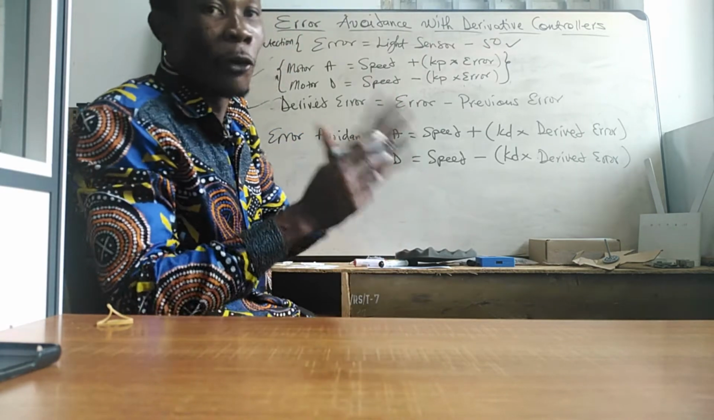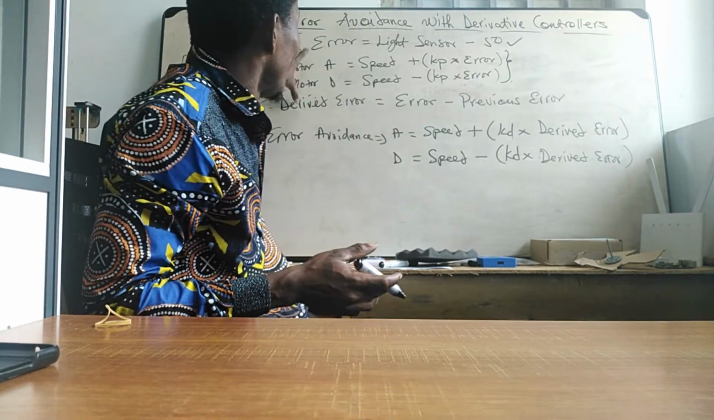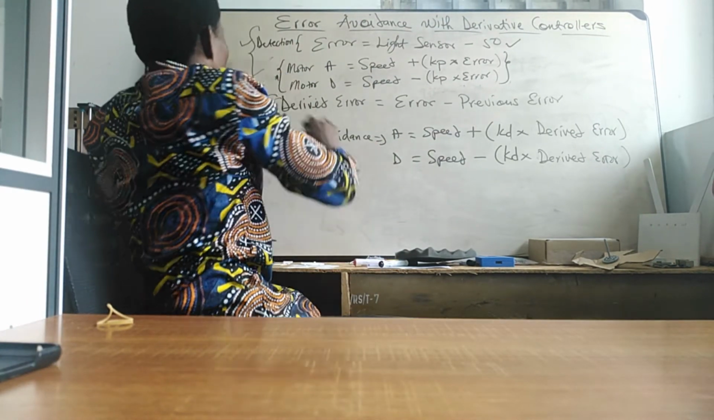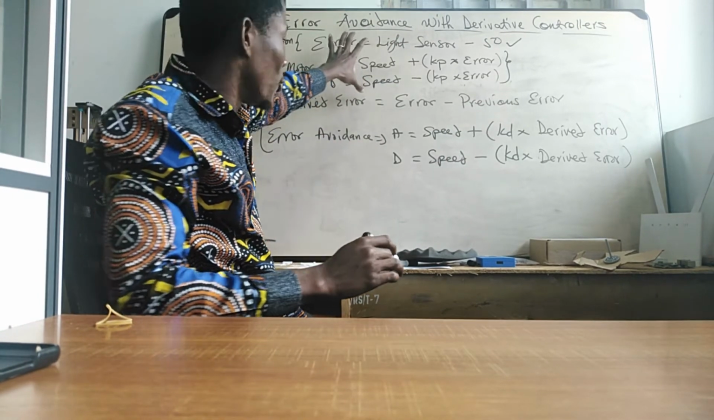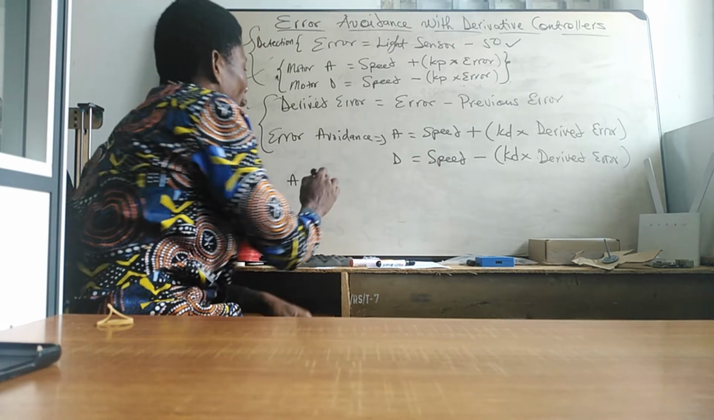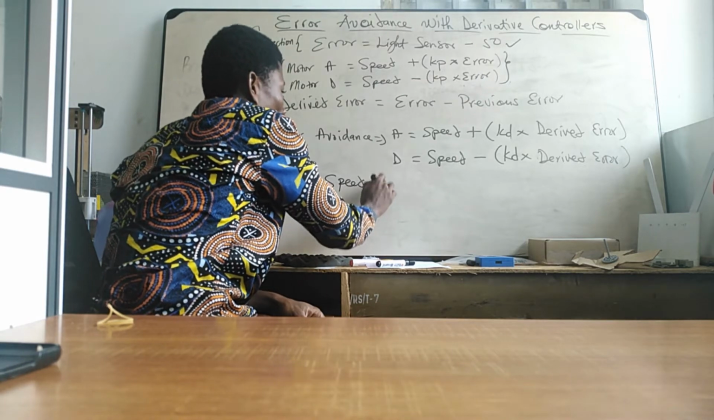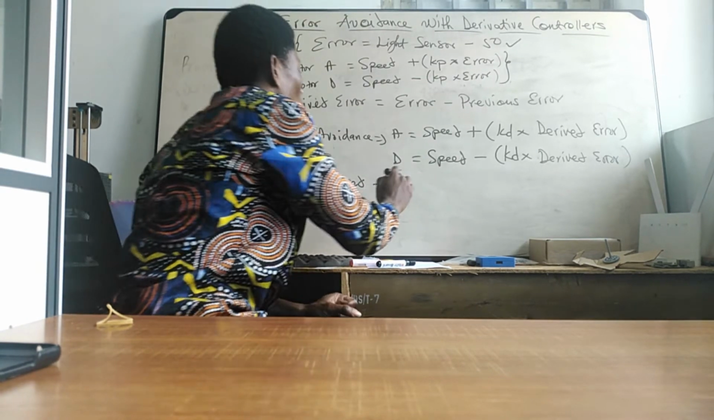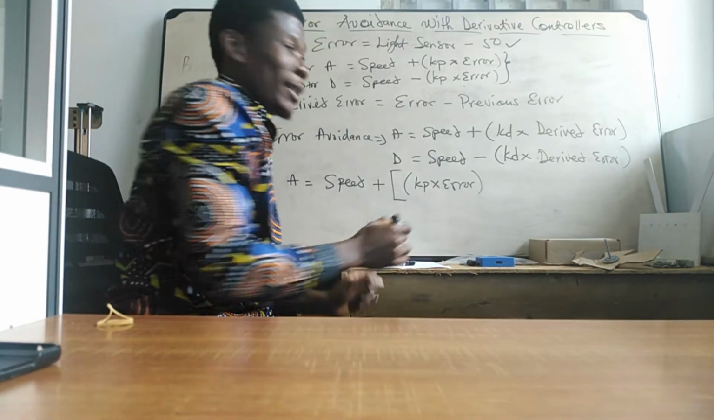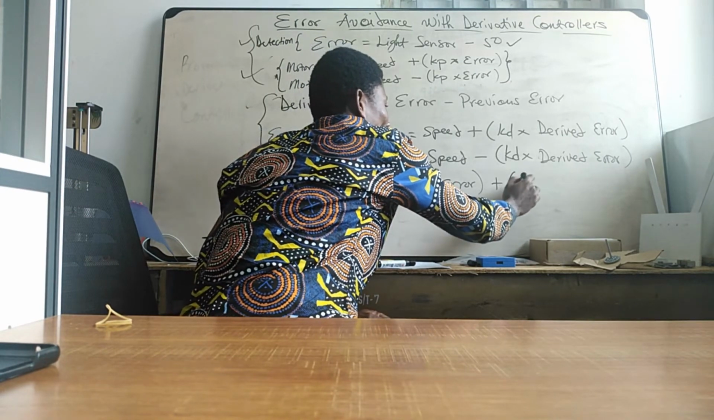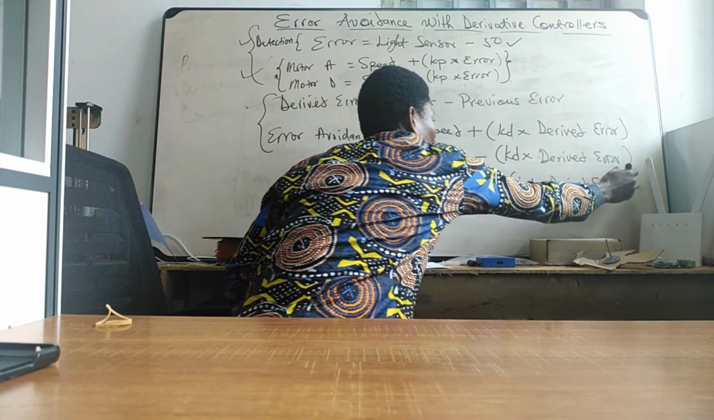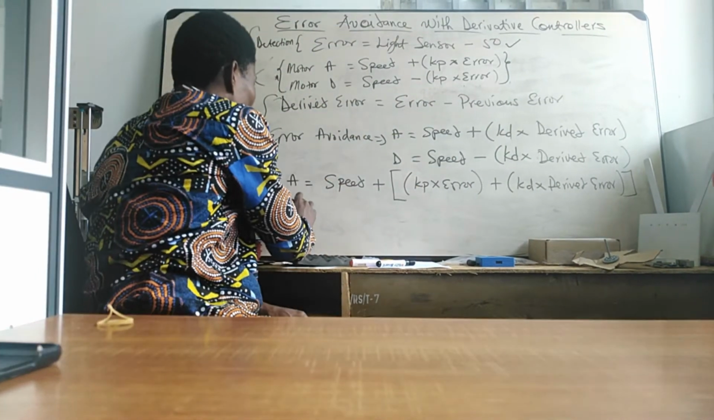What we want to do is have the robot implement both error detection and correction as we have here, and error avoidance as we have here. So we are putting these two formulae together, and we are going to have that as motor A is then supposed to drive at speed plus this whole thing. So Kp multiplied by the error will do the error correction, again plus Kd multiplied by the derived error will do the error avoidance bit,